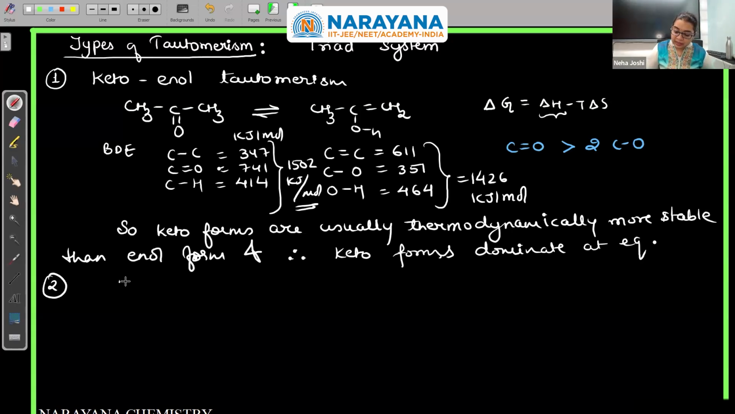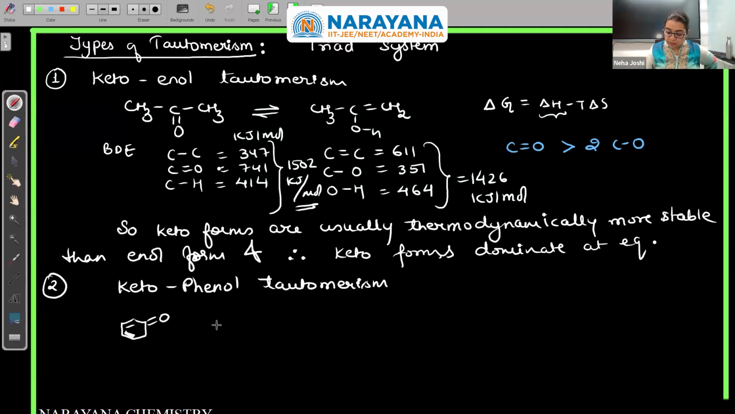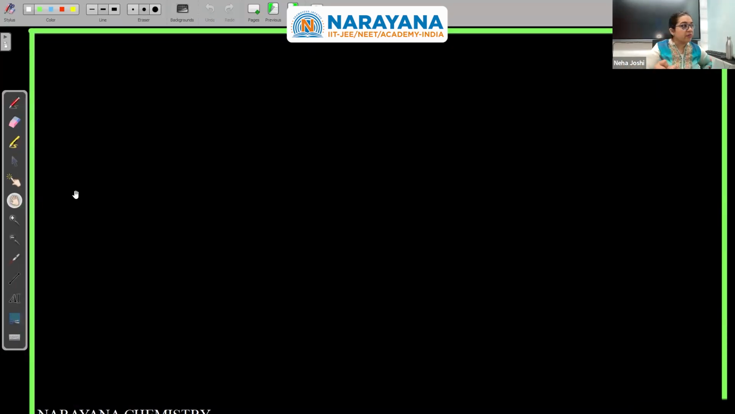But in keto-phenol tautomerism, of course, these are two different functional groups, ketone and enol. So they are functional isomers also. If I talk of keto and phenol like this type, then here I will say enol dominates because of its stability. My stability factor will go everywhere by the bond dissociation energy. I will fail at